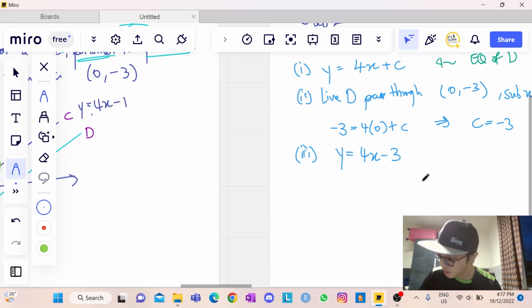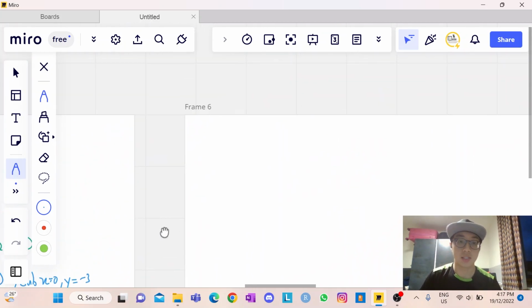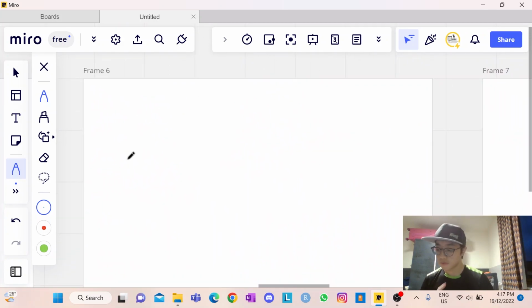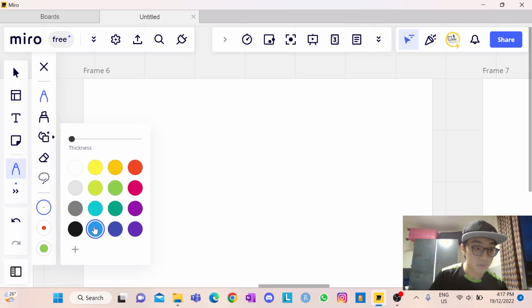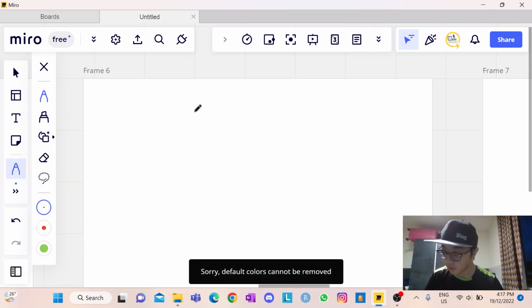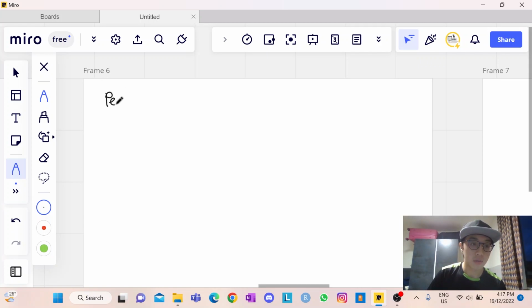Okay, and we are now moving on to the last agenda for today, and also the last section of chapter 3, which is to look for perpendicular line. So what are the characteristics of perpendicular line? Perpendicular line intersects, the first characteristic, they intersect